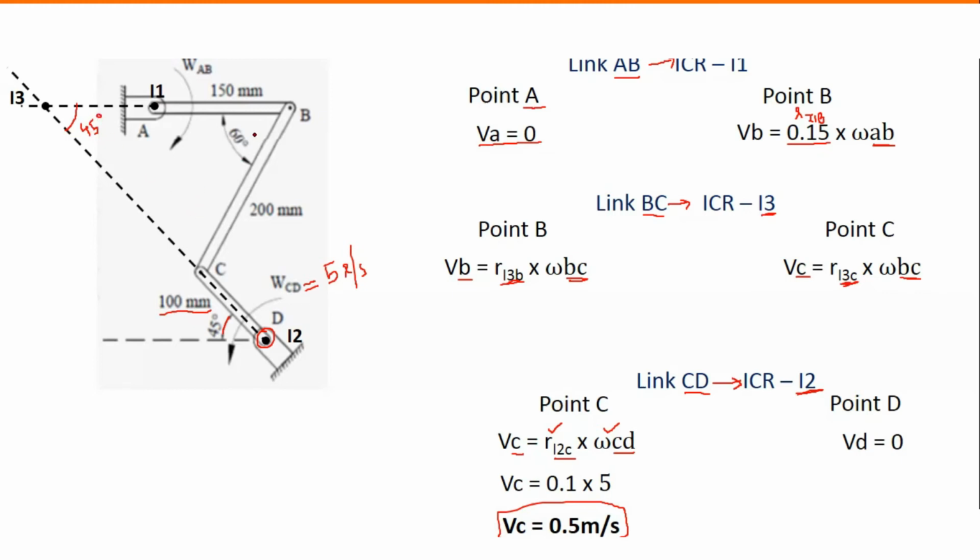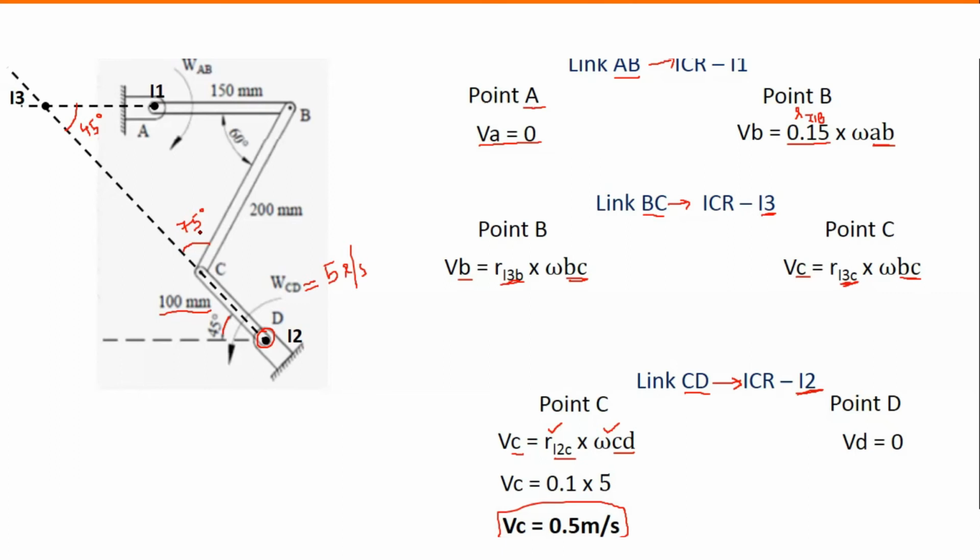Now in this triangle, this angle is 60, which was already given to us. This we have found out as 45. So the sum of all the angles of a triangle should be 180. Hence I will get this angle as 75 degrees, because the total of 60 and 45 gives you 105, and 180 minus 105 gives you 75. Now you can see every angle of this triangle is known to me.